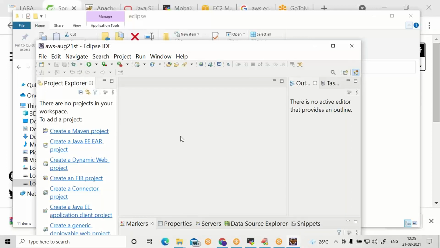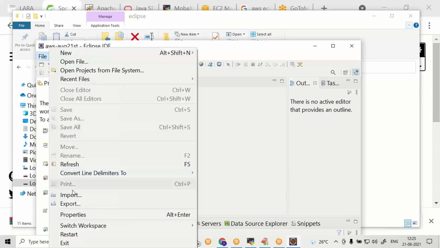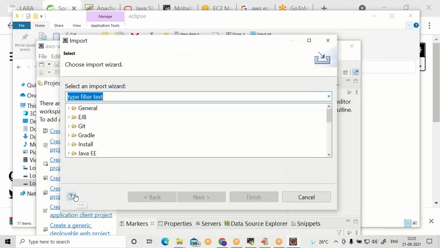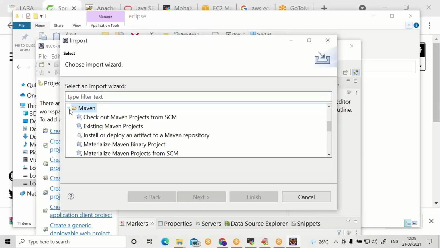Import our demo into Eclipse. File, import. Our project is Maven based. Expand Maven, existing Maven project.